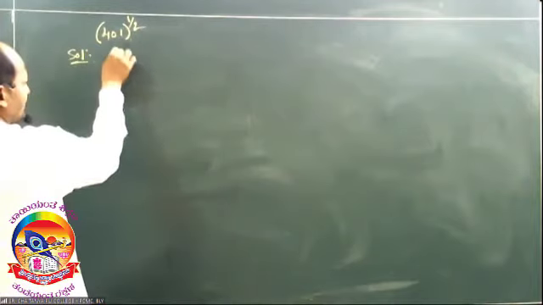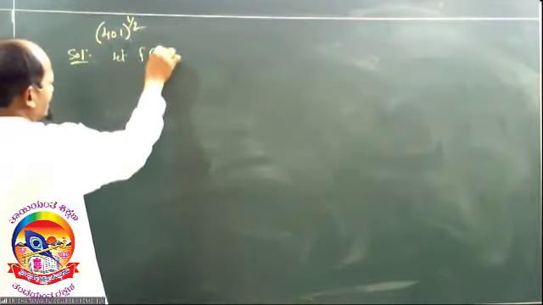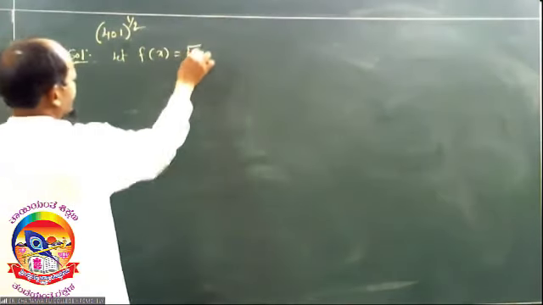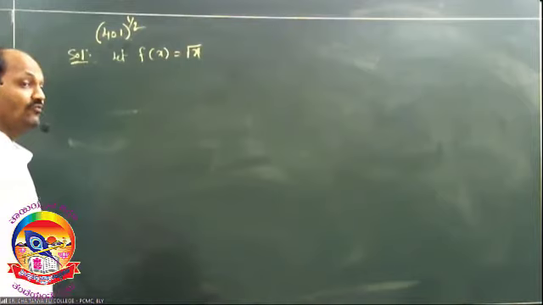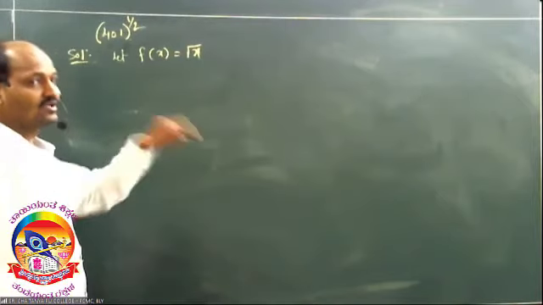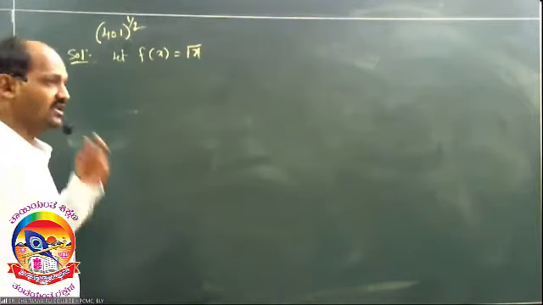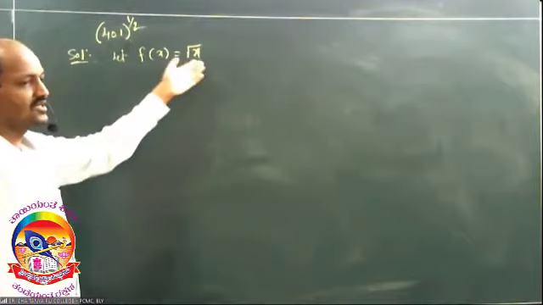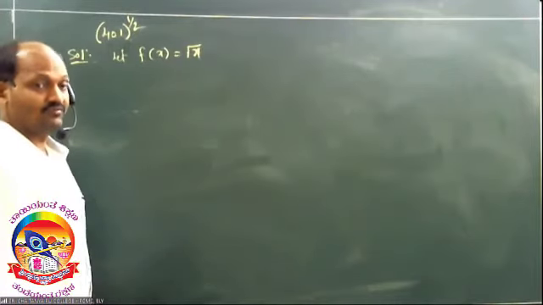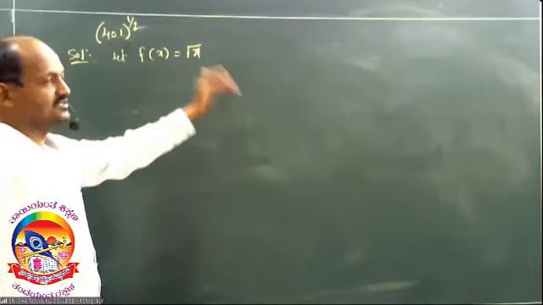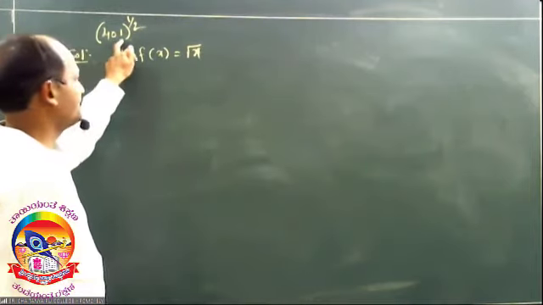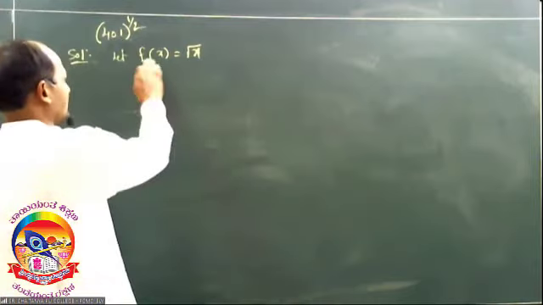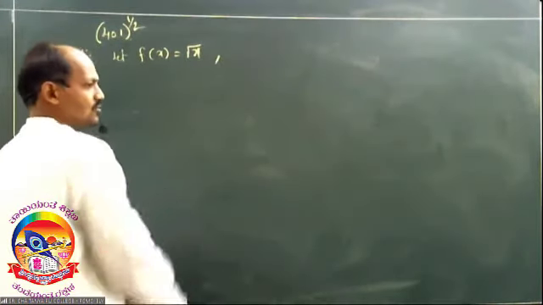So clearly the function is root x. In the previous one, it was the 1 by 4 power, so the fourth root of x. In case a cube root is given, the function is cube root of x. If a fifth root is given, the function is considered f of x equal to x power 1 by 5. Here, a square root of 401, clearly the function f of x is equal to root x.